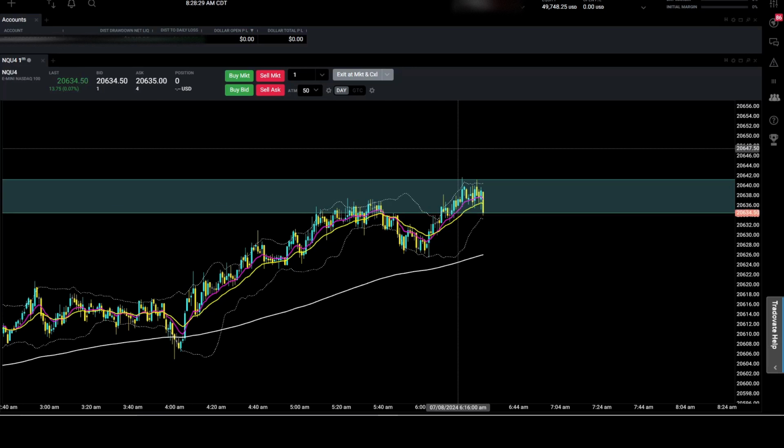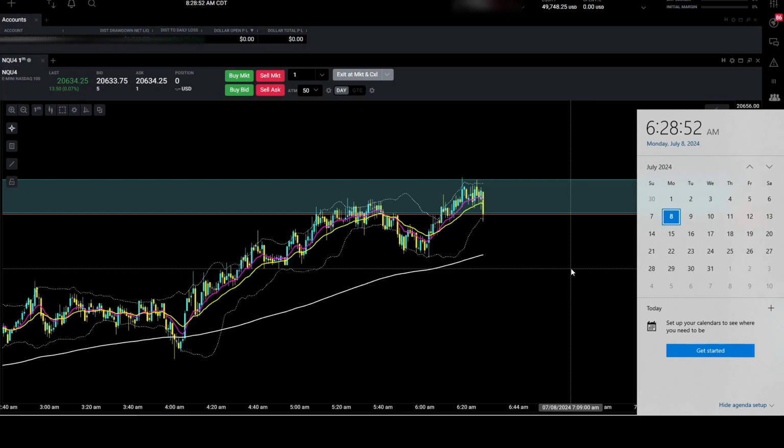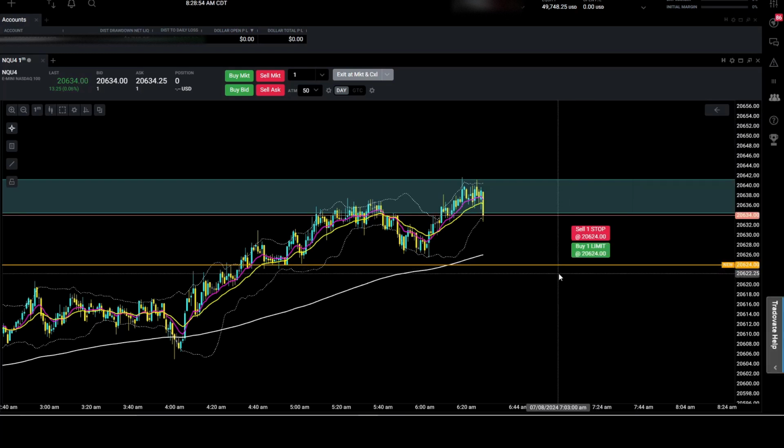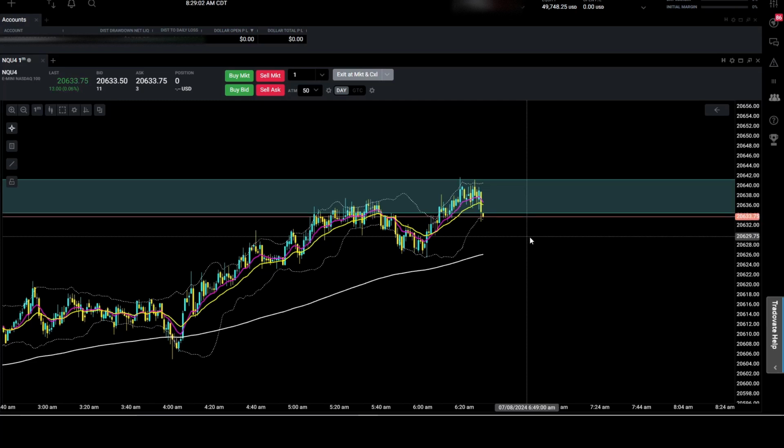Today we're trading the NASDAQ 100 E-mini futures on my Take Profit $50,000 evaluation account. It's currently 6:28 a.m. Pacific Standard Time, about 2 minutes till market open. Maybe 1 minute till market open. So we're just going to wait for this to get going and check back in when we start to see